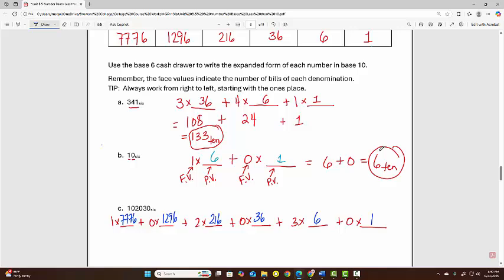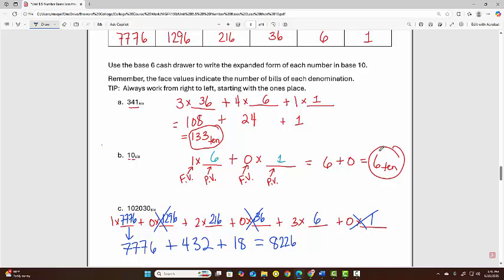All right, so let's do our arithmetic. So this guy is 1 times 7776 is 7776. Don't have to worry about the 0, goes away. 2 times 216 is going to be 432. We're going to erase this one, that's just 0. 3 times 6 is 18, and then we're done. So we're going to add these up. So we have 7776 plus 432 plus 18, and that's going to be